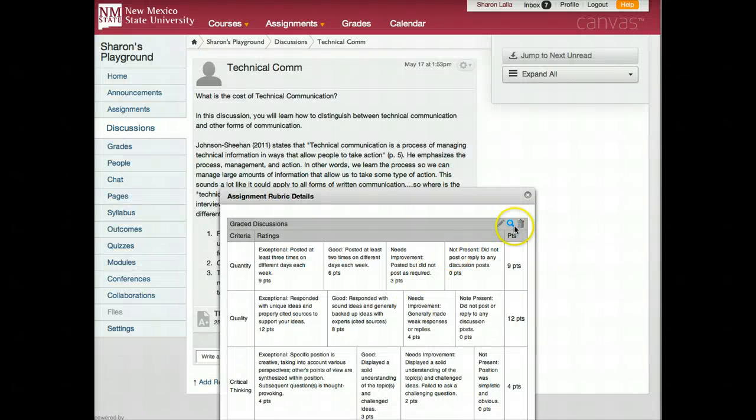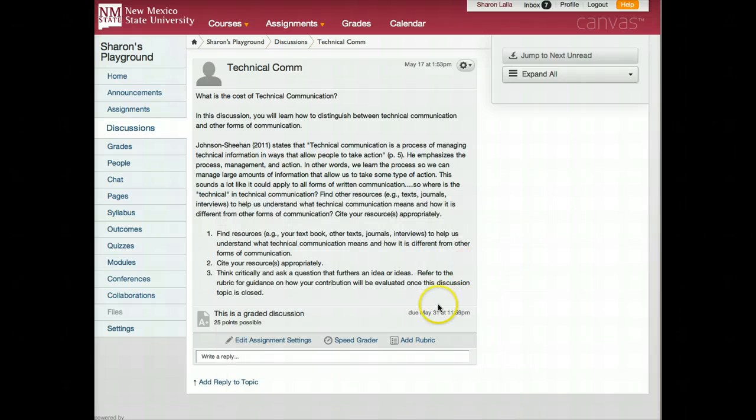When I do, I am actually tying the rubric to this assignment. I can exit out and that rubric will be tied. So now the students can see the rubric while they're communicating through this discussion. Now, I mentioned some other tools if it's an assignment discussion. First of all, you can see your,